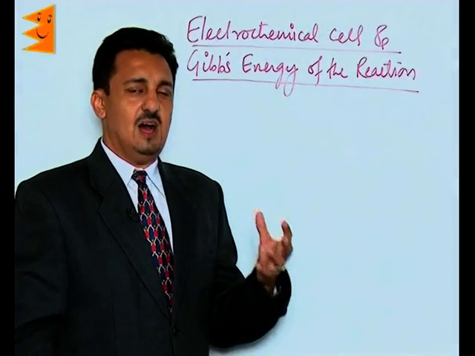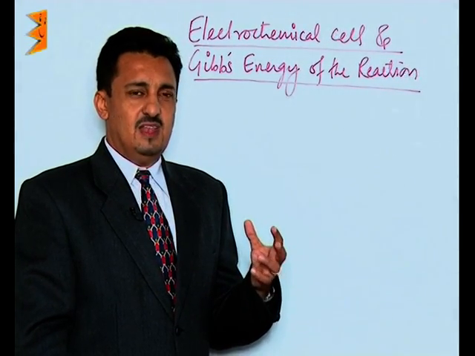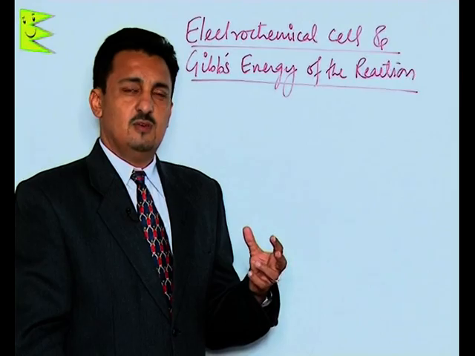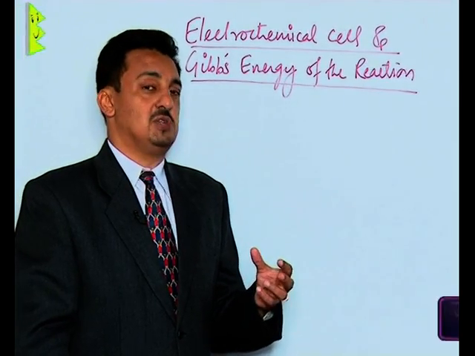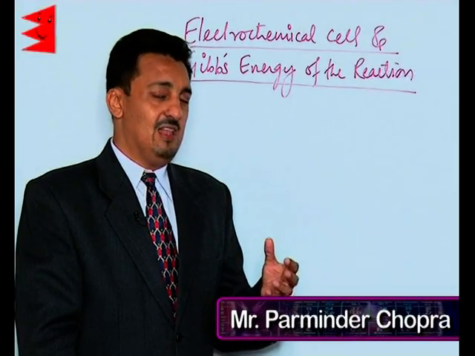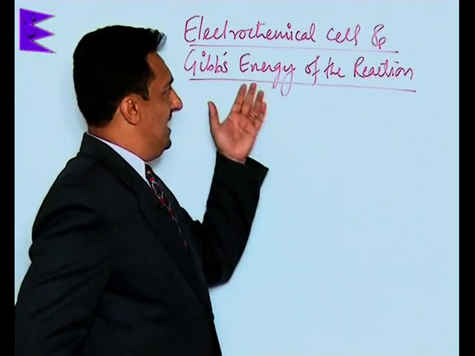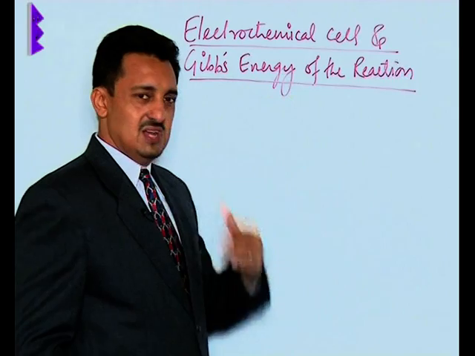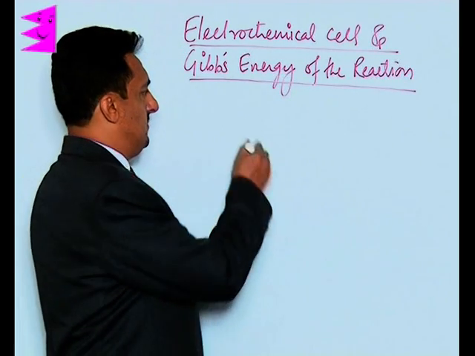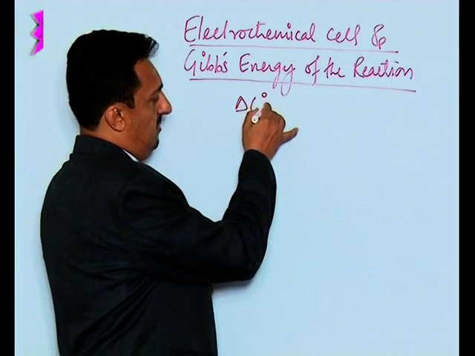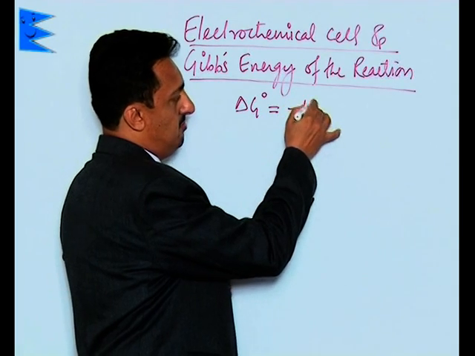Now let us see how the Gibbs energy can be determined for any particular reaction which is taking place in an electrochemical cell or basically in any of the galvanic cells. So the topic is electrochemical cells and Gibbs energy for the reaction. See, we know the Gibbs free energy is always equal to minus W